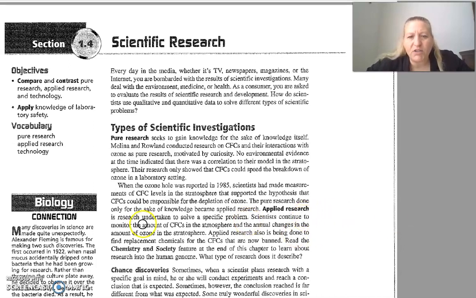Scientists continue to monitor the amount of CFCs in the atmosphere and the annual change in the amount of ozone in the stratosphere. Applied research also is being done to find replacement chemicals for the CFCs that are now banned. Read the Chemistry and Society feature at the end of this chapter to learn about research into the human genome. What type of research does it describe? All right, so